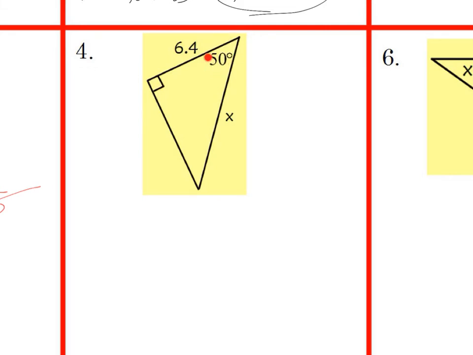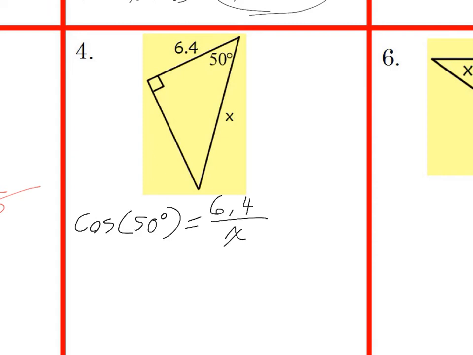So on this one, we've got a reference angle of 50. That's always the first thing to do, find your reference angle of 50. And I have the side that's touching it, so that's the adjacent side, and I have the hypotenuse because it's across from the right angle. So I have adjacent and hypotenuse, that's the caught another hippie. So that's cosine, adjacent over hypotenuse. So I'm going to use the cosine of my reference angle, 50 degrees, equals adjacent over hypotenuse, so 6.4